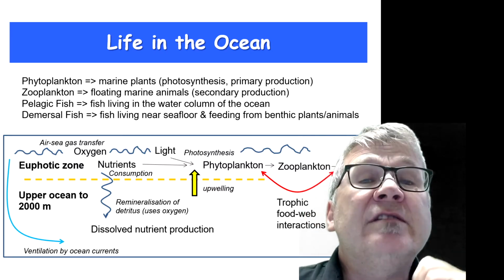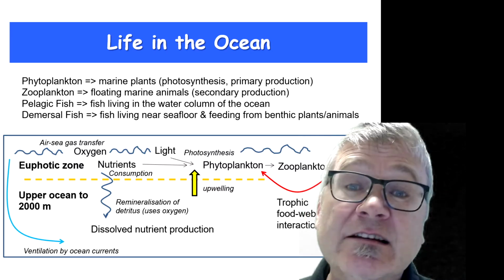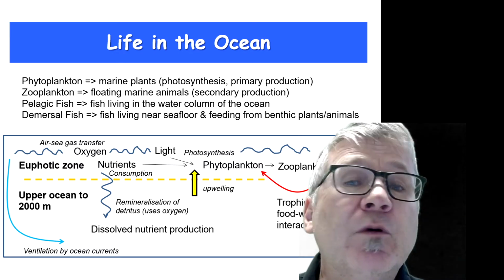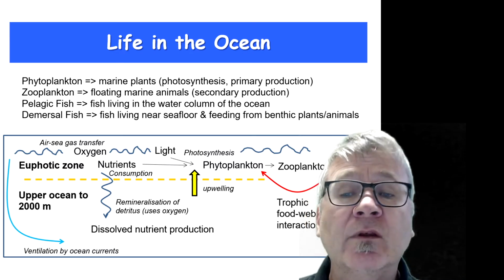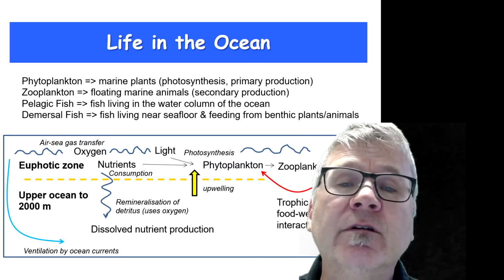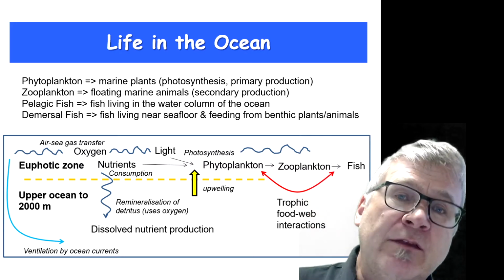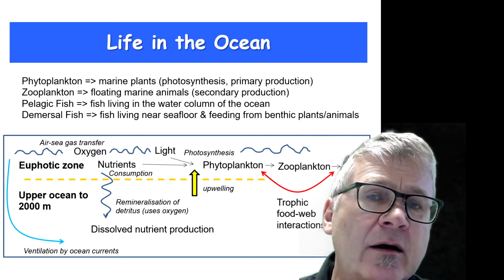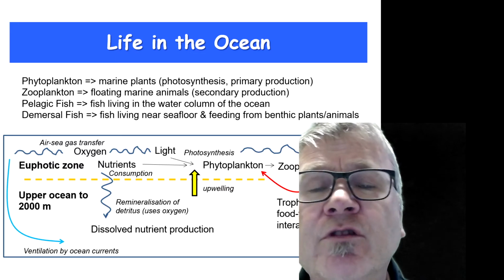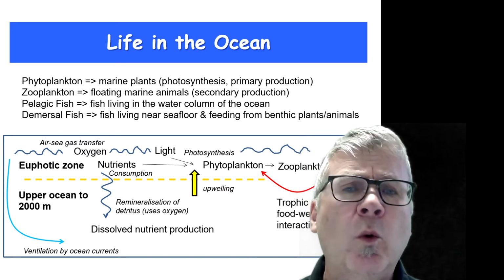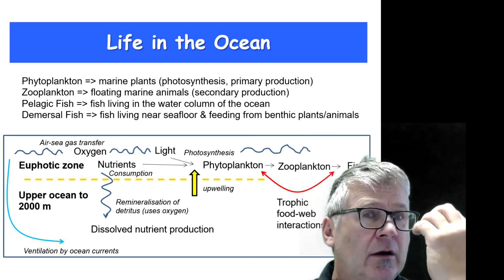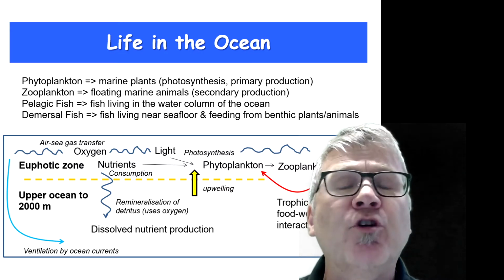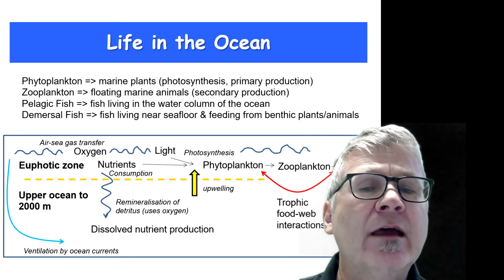The other component is that to produce photosynthesis you need a suite of what we call nutrients. Dissolved nutrients, and here's where the problem starts, because usually there's not enough nutrients in the surface layer. Why is that? It's because the source of nutrients is actually a recycling product of the dead organic matter,